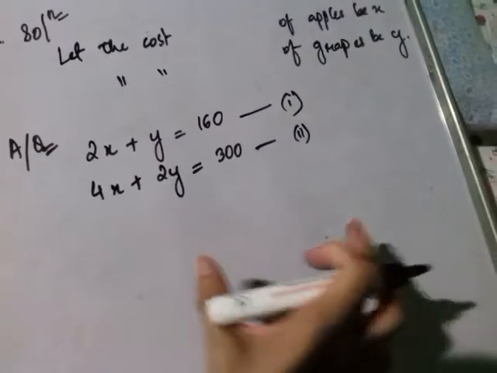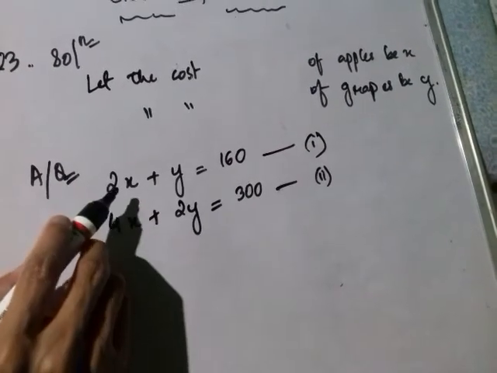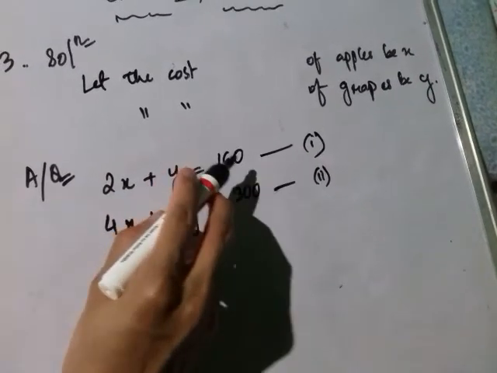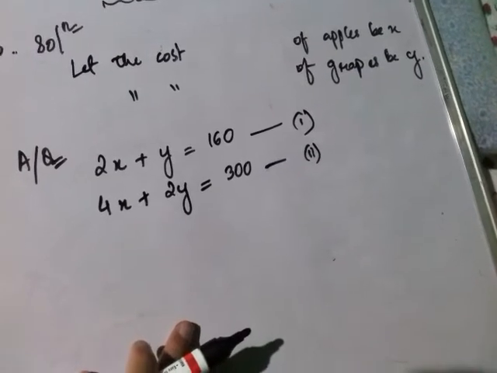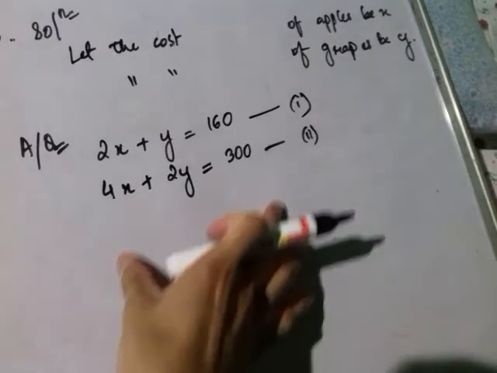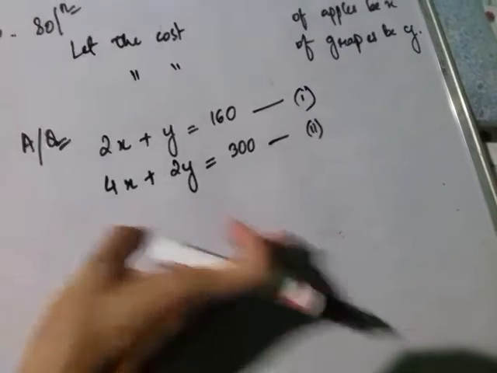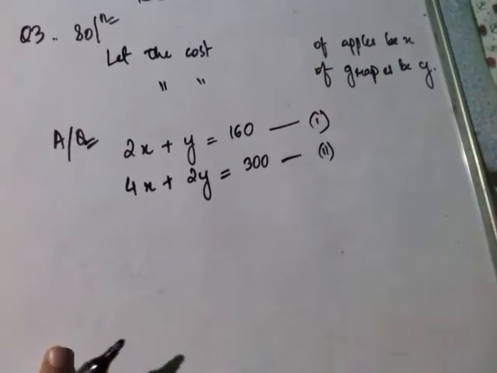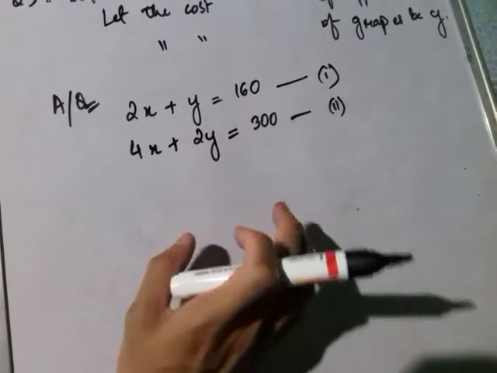That means the cost of 2 kgs of apples is this and that, like that. That means 2 kgs of apple, that means 2 into x, apple is x, grapes is y, equals how much? 160. They don't mention like that after 2 years the cost of, like that. They didn't mention it like that, okay. If they mentioned it like that, we would solve the problem again in a long process, okay. But since they didn't mention it, we need not solve it in a long process, okay. So now we will represent it graphically, that is geometrically.